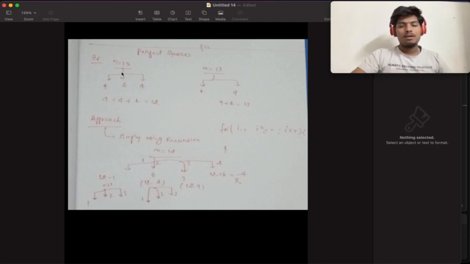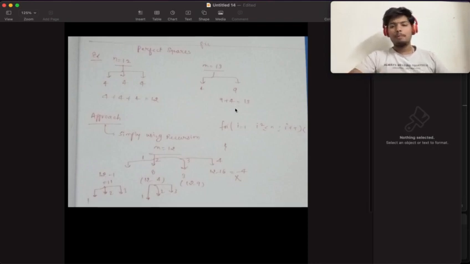As you can see, n equals 12 can be written as 4 plus 4 plus 4, and 4 is a perfect square, so the number of perfect squares is 3, so our answer will be 3. And the same for n equals 13, it can be broken as 9 plus 4. 9 is a perfect square and 4 is also a perfect square, which has two perfect squares, so our answer will be 2. So the approach is like